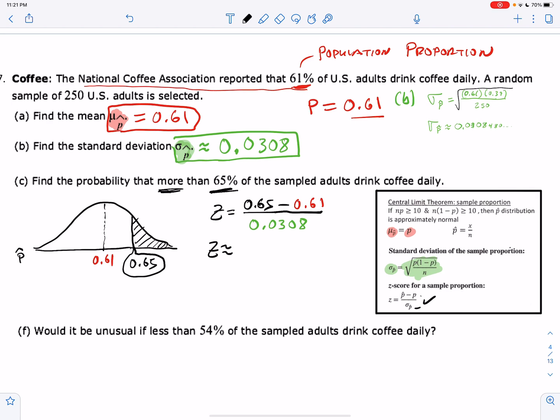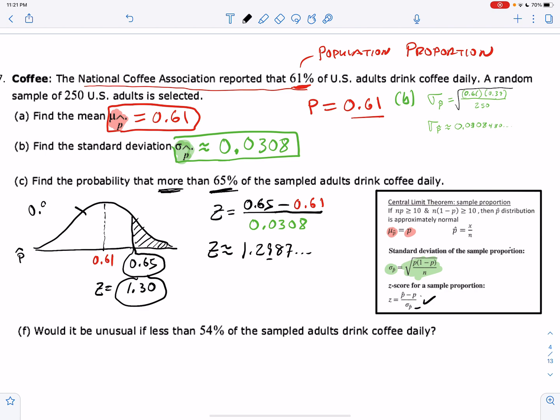So then I go ahead and I do the math, put it in the calculator, and I get z is approximately equal to 1.2987, and this goes on. But our z table only has 2 decimal places, so let's round to 2 decimal places. The next digit is 5 or larger, so let's round this up to a z-value of 1.30. So now that we standardize it, we got the z-value. We look that up, 1.30, and we get an area to the left, as we always do with the z-table,